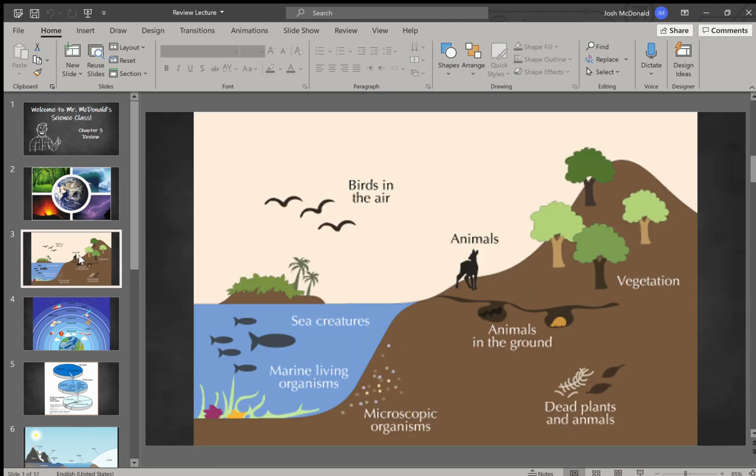We first talked about the biosphere, so that includes organic things. So birds in the air, animals on the ground, animals in the ground, marine organisms, sea creatures, microscopic organisms, plants, all types of vegetation, grass, human beings. And this is important because each of these types will interact with other spheres of Earth systems, which we'll not really get into a lot during this chapter, but as we examine the other spheres, you can kind of see